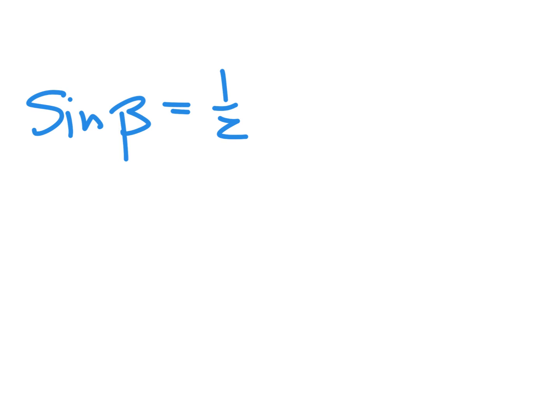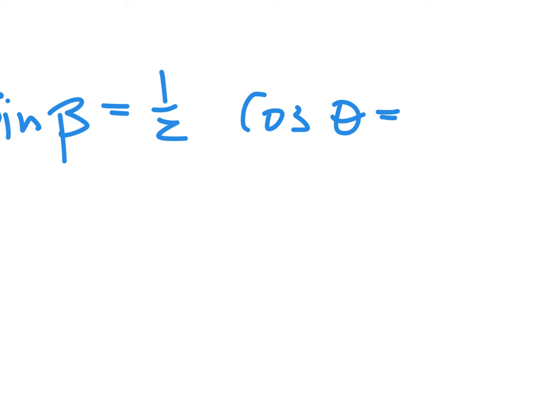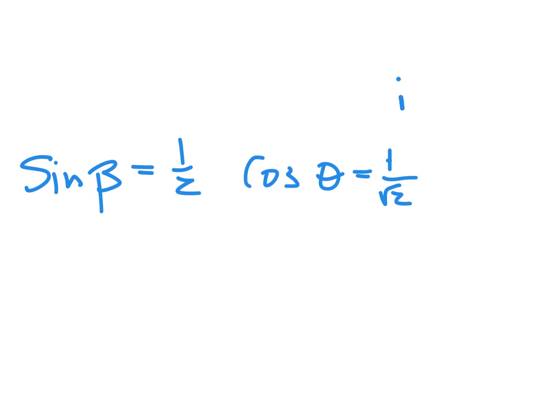I'm going to do: if sine of beta is 1/2 and cosine of theta is adjacent over hypotenuse, 1/√2. Okay, if that was in quadrant 1,